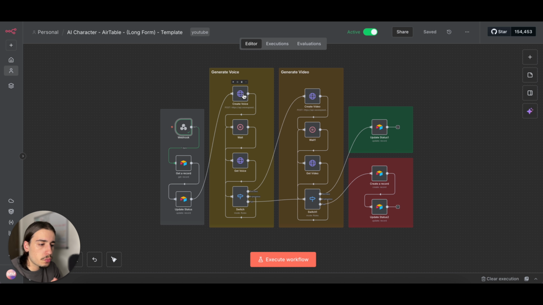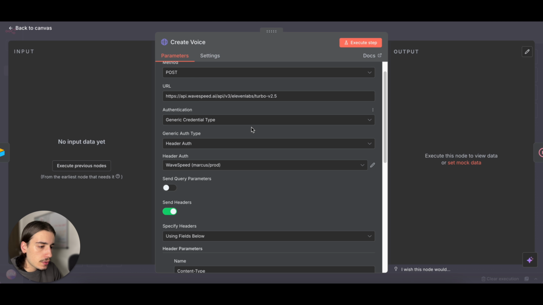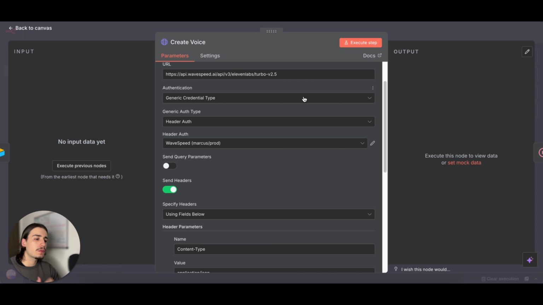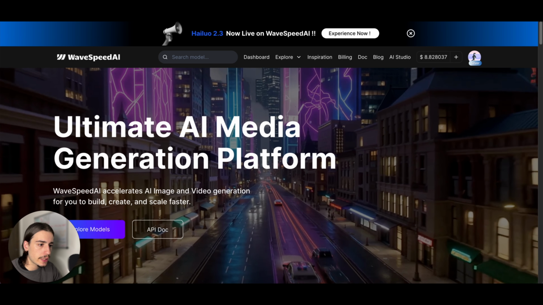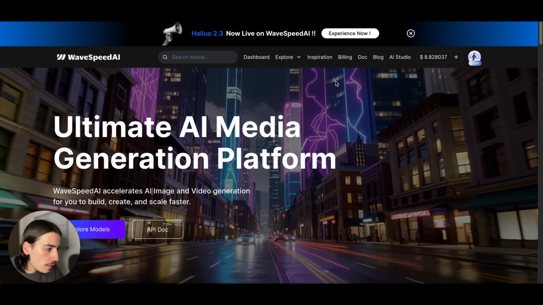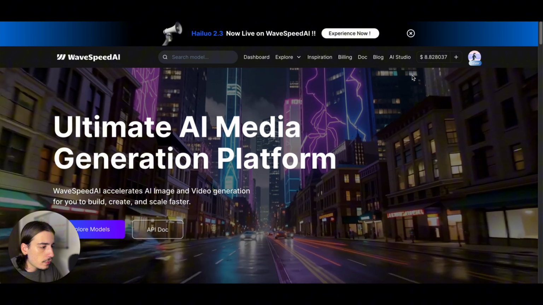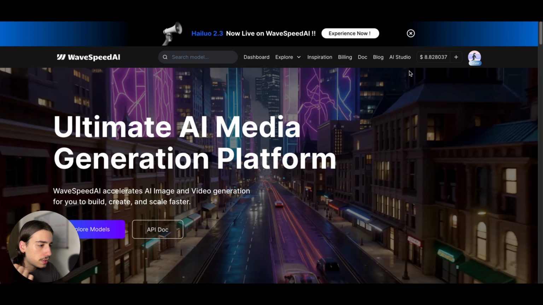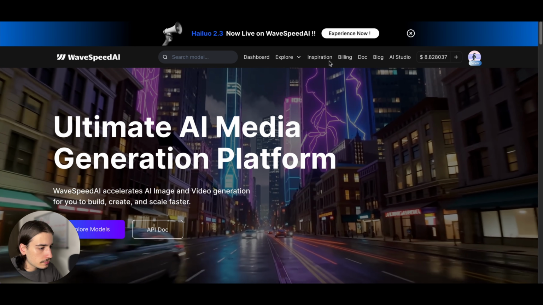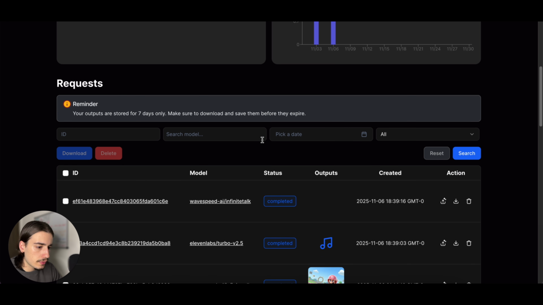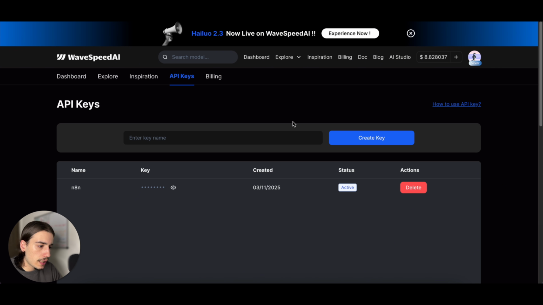So like I mentioned, we're going to be using a platform called WaveSpeed to get all of the API keys, the 11 Labs API key and the InfiniteTalk API key. So really simple to set up. Head over to WaveSpeed AI, make an account, and just deposit a small amount. I believe the minimum's $10. So yeah, deposit $10, and then you want to come to your dashboard and you can click on API keys,